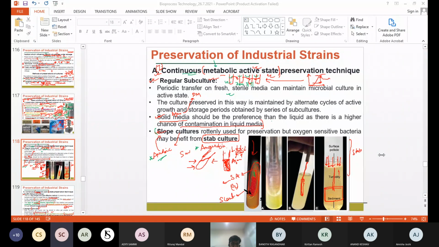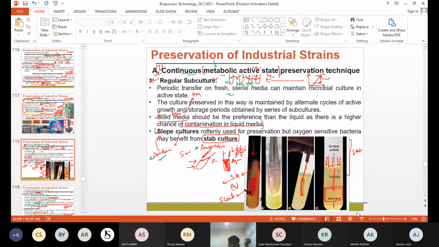I think for, sir, for aerobic bacteria we will use stab culture. For anaerobic we will use slope. Can you repeat? For aerobic, you will go for the stab culture? Yes, sir. No, it is reversed. So for the anaerobic, we will go for the